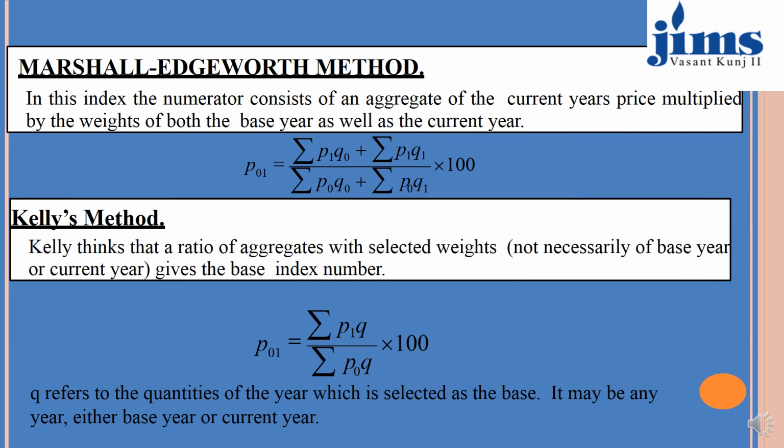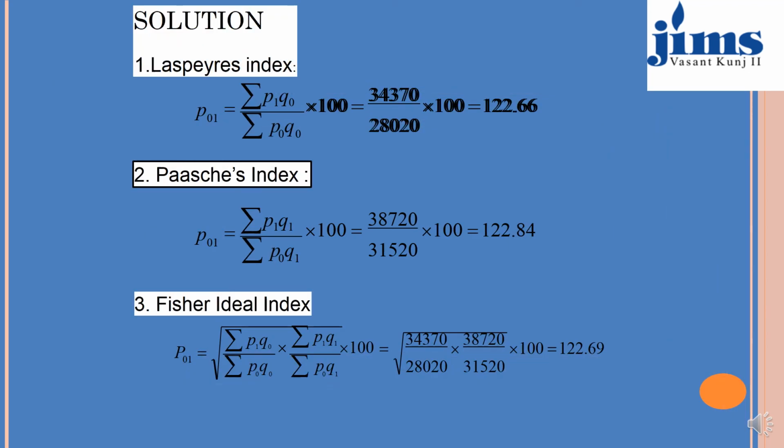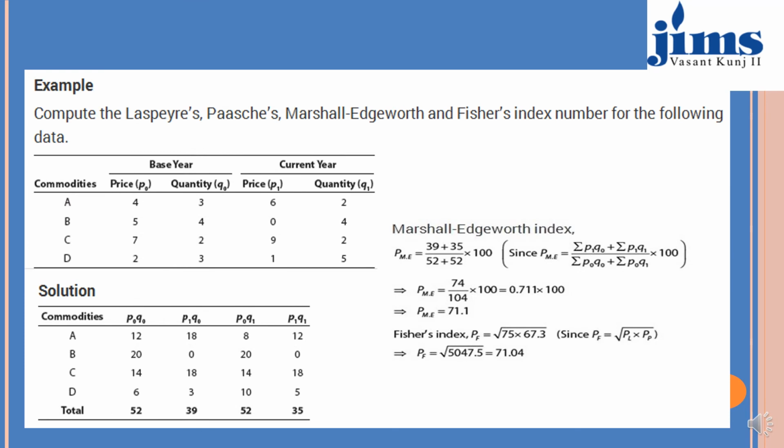Actually, it is stated that Marshall-Edgeworth means Laspeyres and Paasche numerators. This is the Laspeyres and Paasche numerator and the Laspeyres and Paasche denominator part. In the same way we find the index number, we can find out the Marshall-Edgeworth index. Here it is mentioned about Laspeyres and Paasche. If we want to find the Marshall-Edgeworth index number, then what we have to find out is